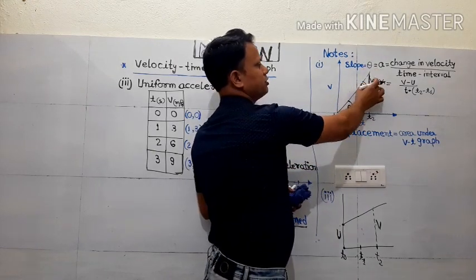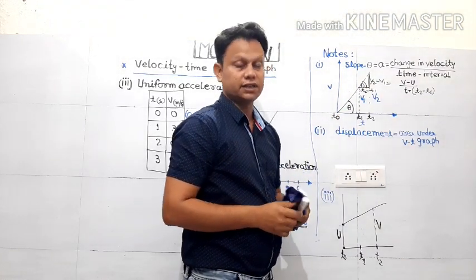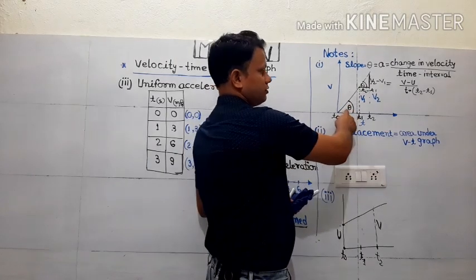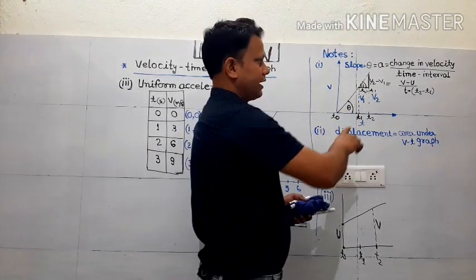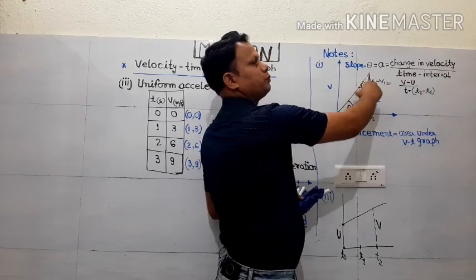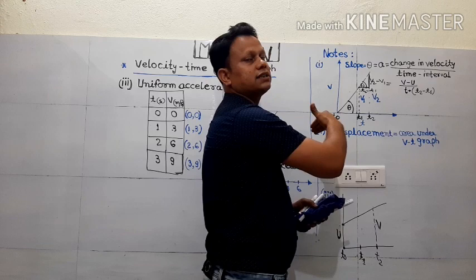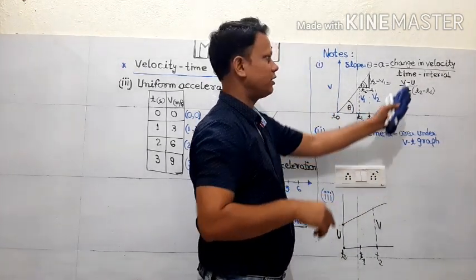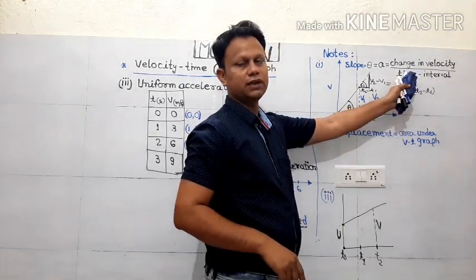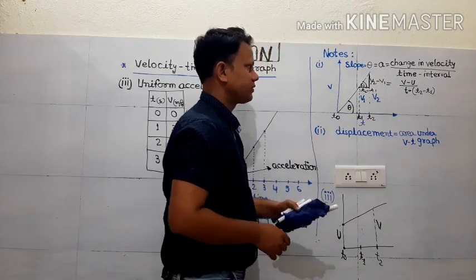So v2 minus v1 by t2 minus t1, that also will give you the value of acceleration. So this slope is showing your value of acceleration. Take care of that. And graphically you can find any velocity later on as final velocity and the previous velocity as initial velocity, and just note down the time and then find out by this ratio, change in velocity by time. So this is the formula for acceleration.